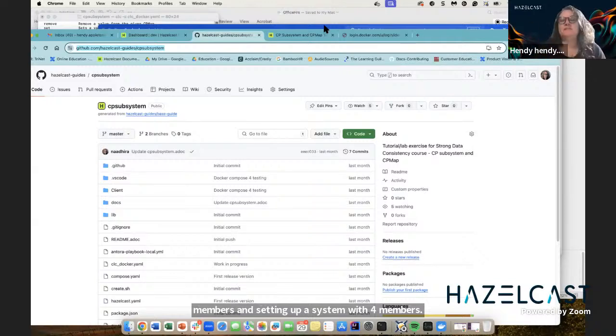The CP map itself is easy to use. It's the same key value data structure that you've always had. So that's easy. It's understanding how we're providing that consistency that gets a little bit confusing in terms of setting things up. Having said that,